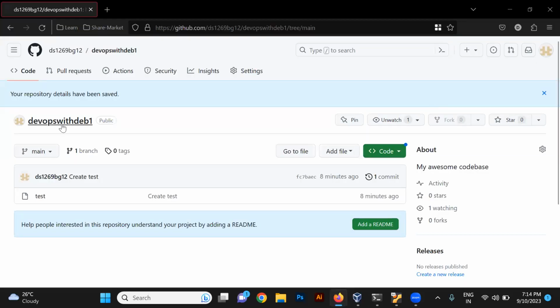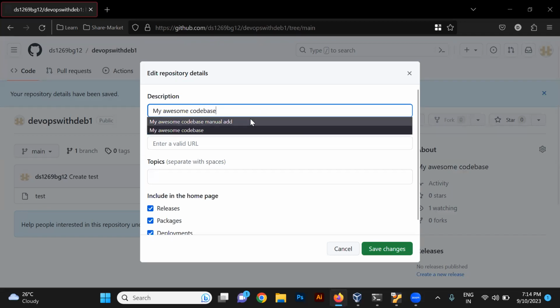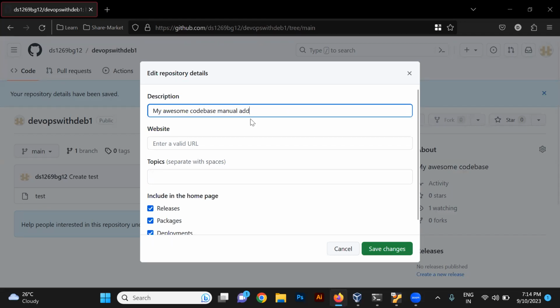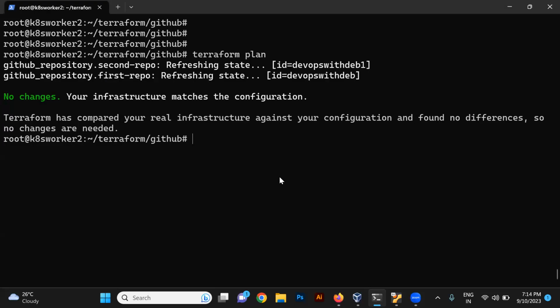Let's change inside this DevOps with day one, and inside this my AWS, I'm adding this manual add in the description. I'm adding something manually in the infrastructure of this repository. I'm saving this, right? But the point is, if you check this Terraform TF state file,